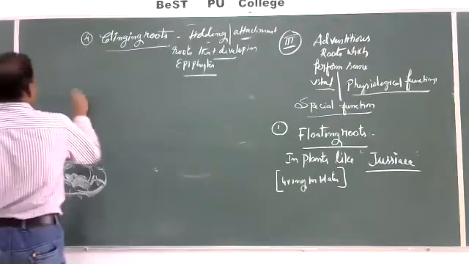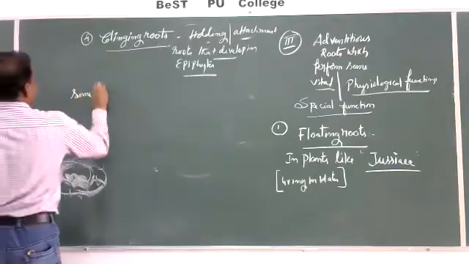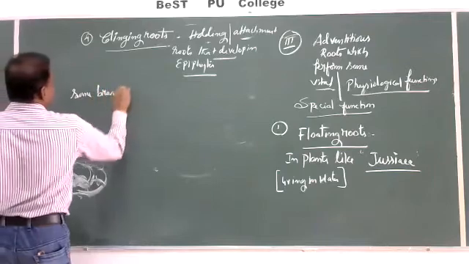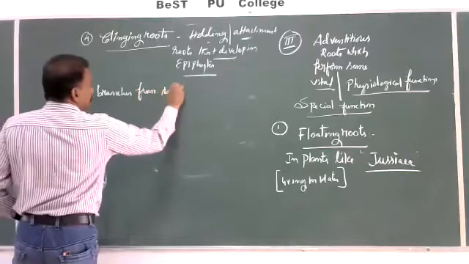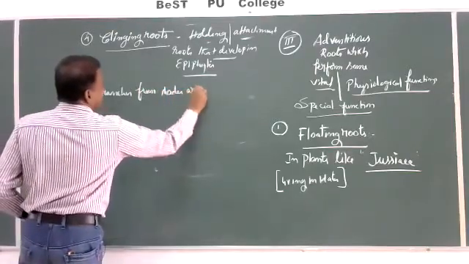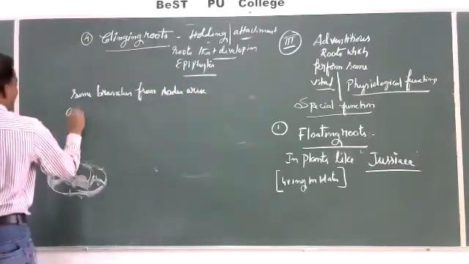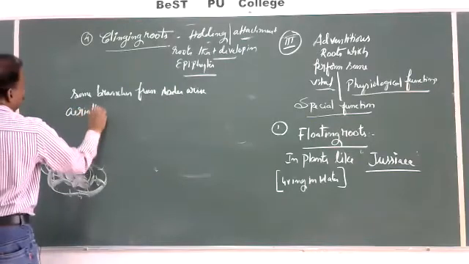In Jussiaea, some branches from the nodes arise aerially. Aerially means into the air,